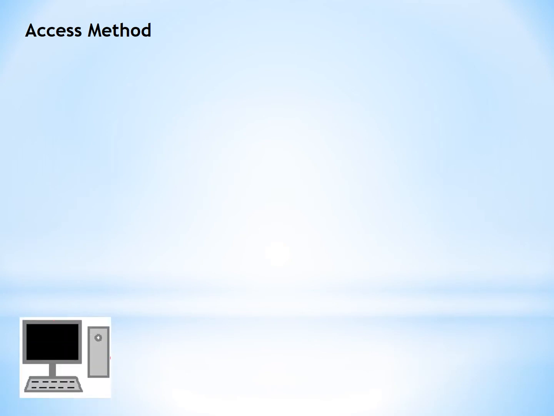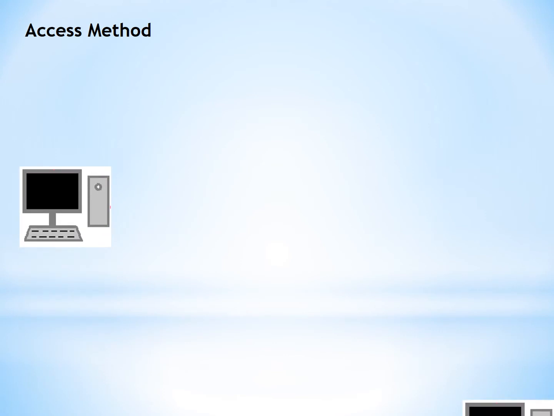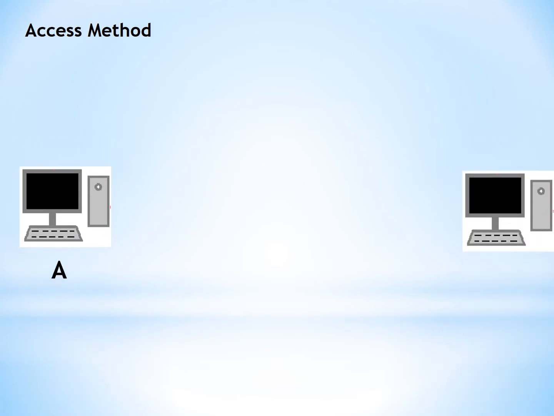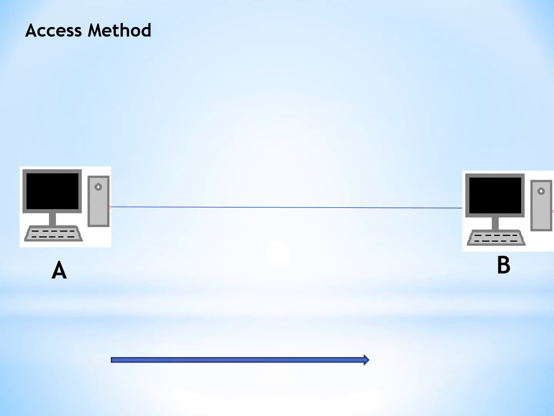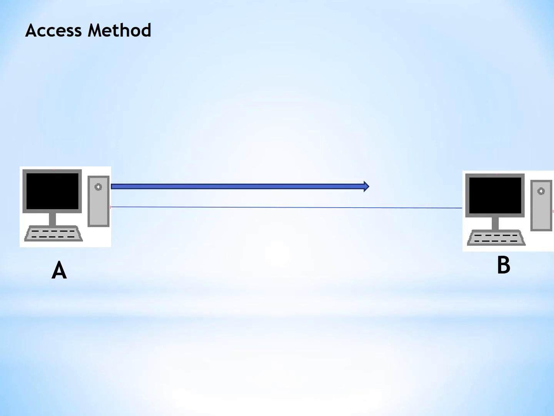So let's take a view. Here we have two computers. This is computer A and computer B. Both are connected with each other. If computer A is transferring the data to computer B, at the same time, if computer B is also transferring the data, you can see A is already on its path to transfer the data. It has traveled almost half the path. At the same time, when B is trying to send the data, they both collide and here occurs the collision.